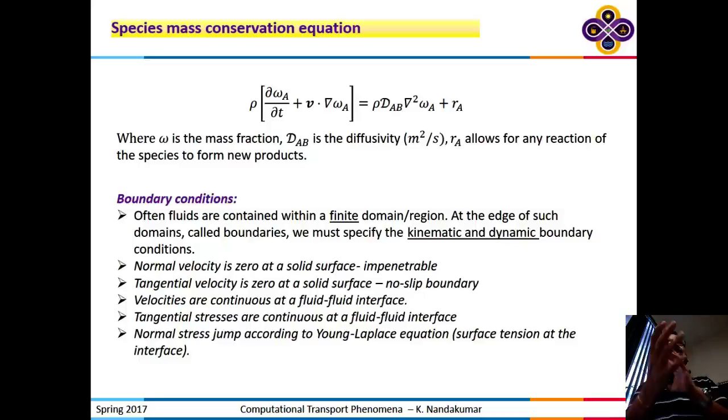At a fluid-fluid interface, what do you think would happen? Suppose I give you this problem of a fluid droplet that is settling in another liquid. There is a liquid oil droplet settling in water, for example. Okay, so I want to predict what the velocity field is in this entire domain as well as inside, and they are immiscible. So there is a clear interface. The question is,